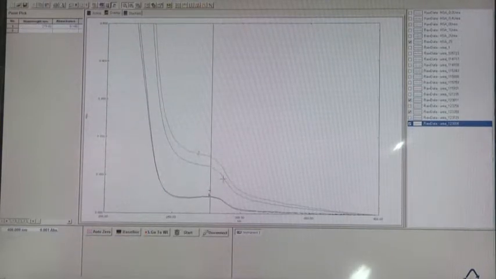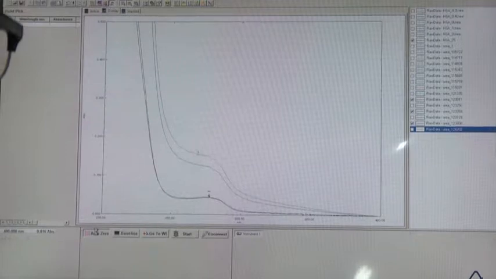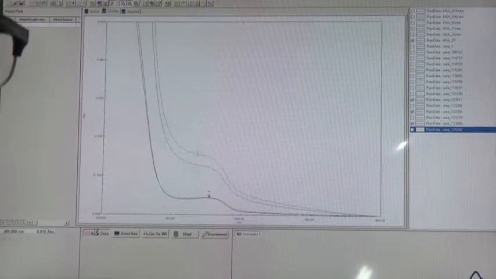The last one we are going to do is for 80 degrees centigrade. Now we will be measuring the absorbance value for the HFA solution, which is kept at 80 degrees centigrade.